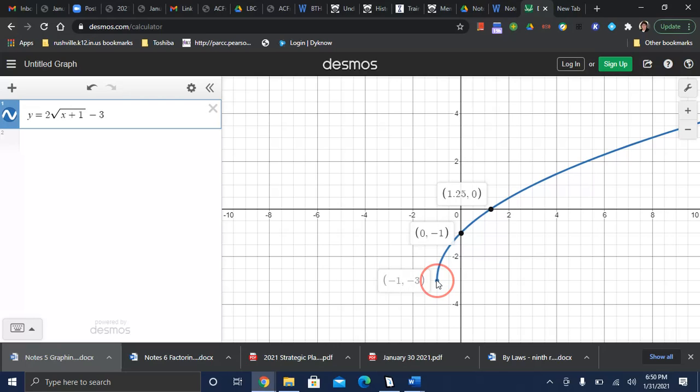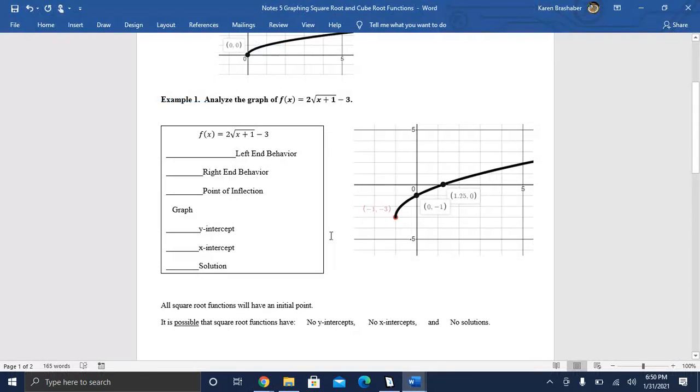So you'll have to take note of the fact that this initial point is -1, -3, and then on your homework, you'll have to look for the graph that matches having that initial point in that location. So once you've got it graphed on Desmos, then you'll come back and answer some questions, again, with the matching